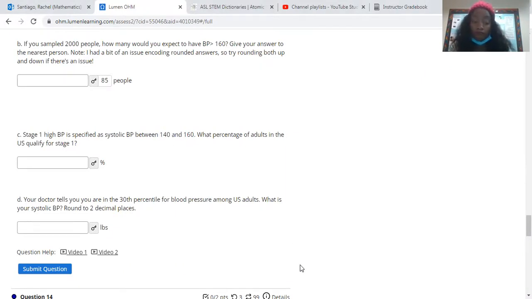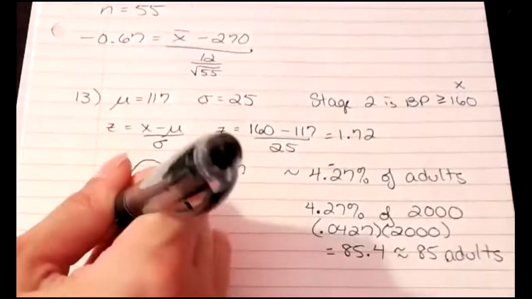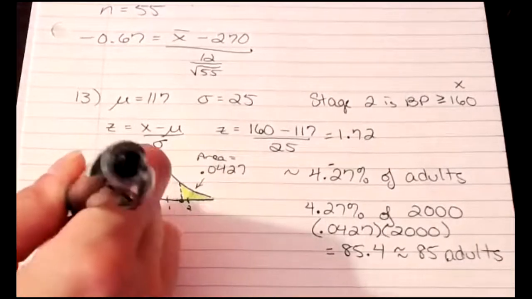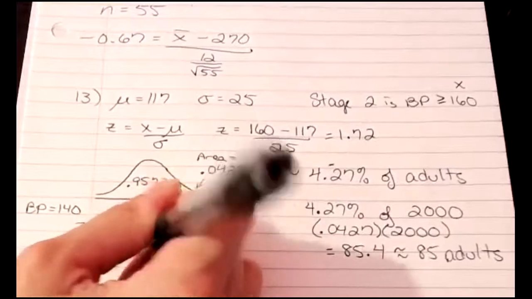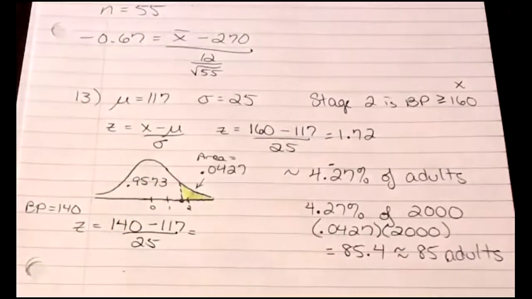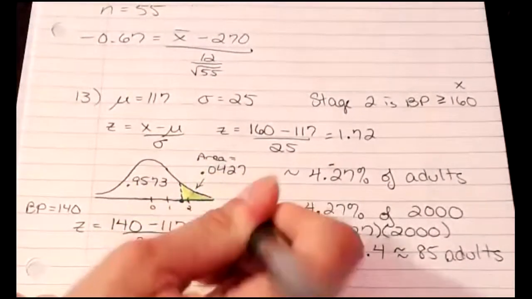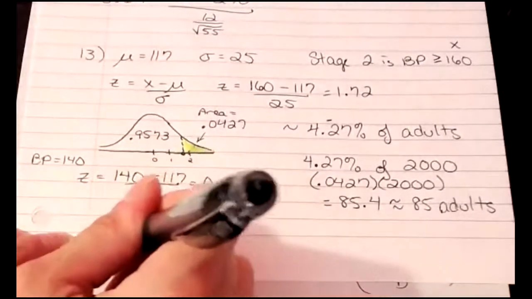Okay, so we go through this same process. And we say this time, X is going to be 140. So when the blood pressure is 140, we're going to plug that into our formula and find the z-score. So it'd be 0.92. Yes, exactly, 0.92. So if we were to draw this curve again,